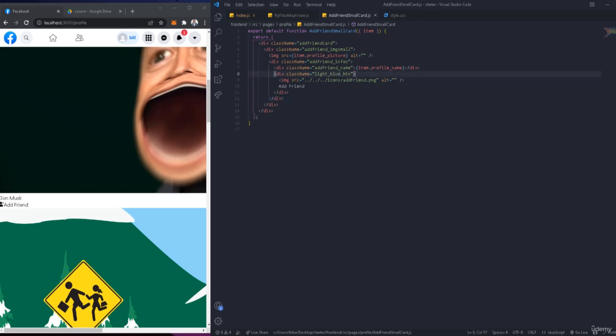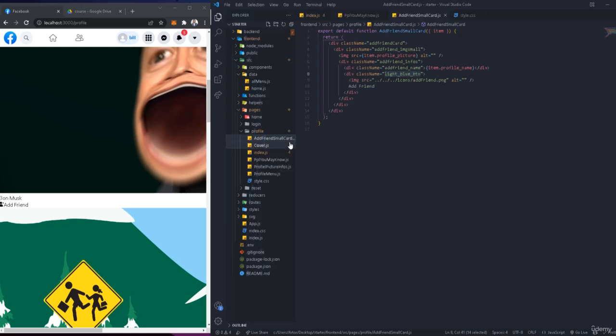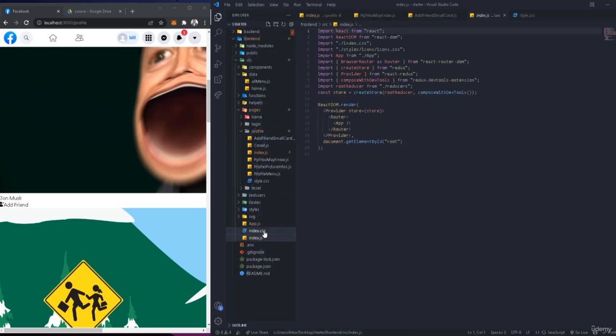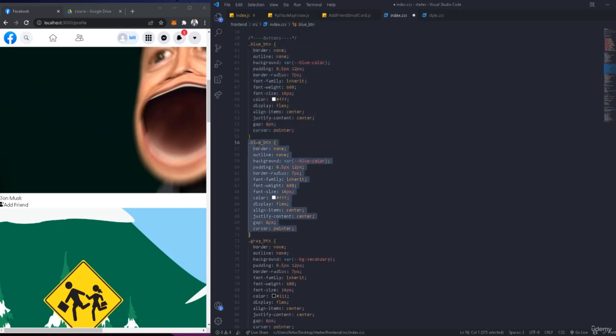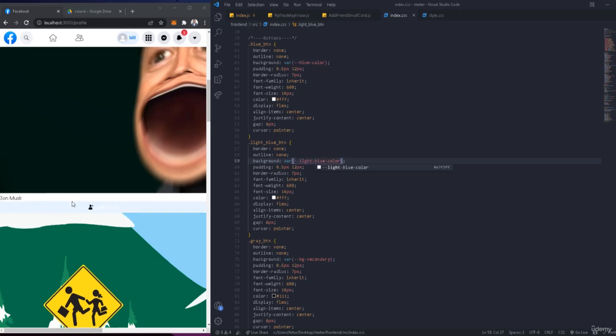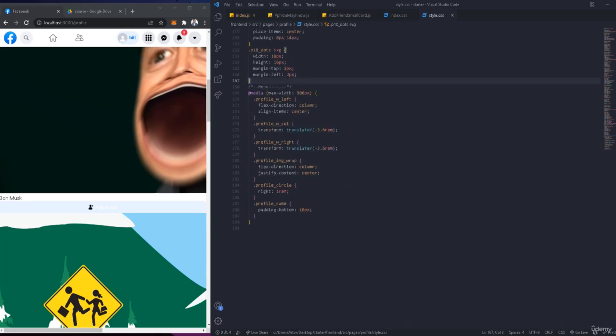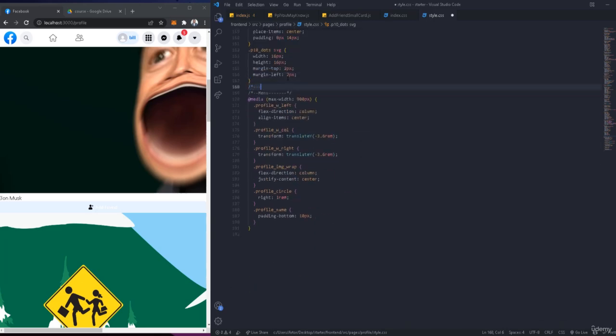Okay, and we don't have it, so maybe we can go back right here and then go back to the index right here. For this size we have this blue button, we can copy that and then make also light blue button, and the background is going to be light blue button. Okay, like this. Okay, so we can go back now to the styles and let's work on that. You can have their own file, so people